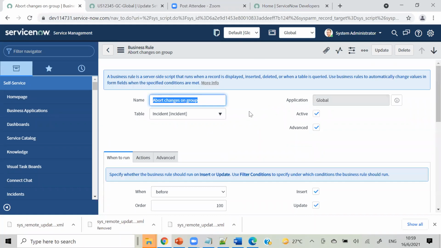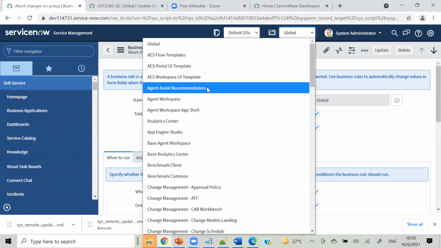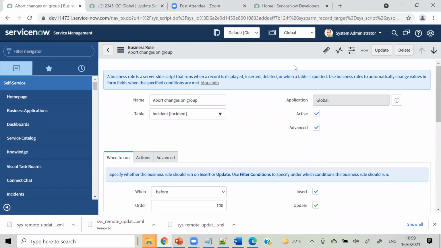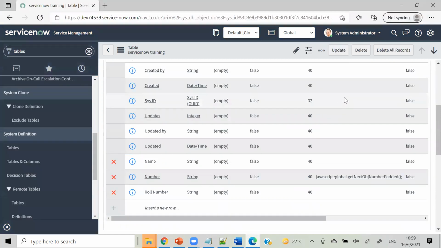In some other cases, if there is code in the agent workspace application but you create an update set in global application, it will not capture the changes, and in some cases it will capture, but when you move that update set to another instance like the test instance, while previewing it will show you an error, that these changes were in global application but you captured them in agent workspace application, so it will not allow you to commit. Okay, so that will be the issue.